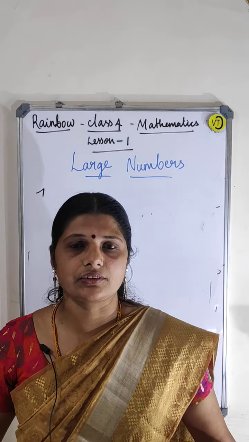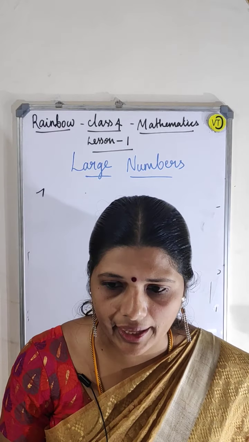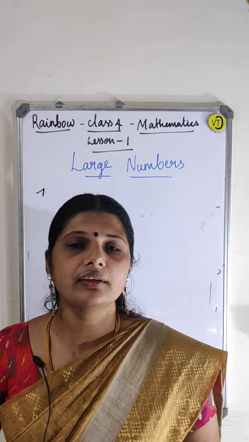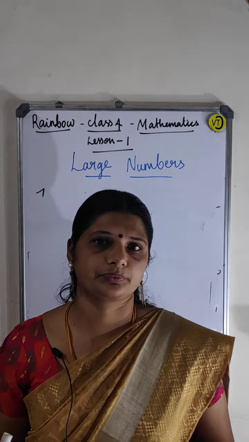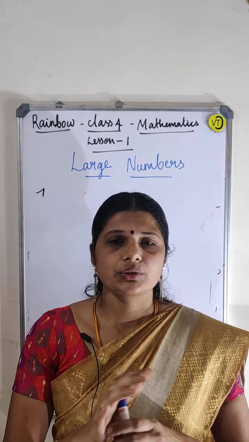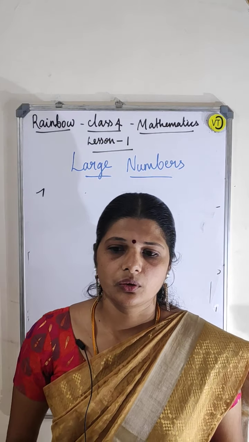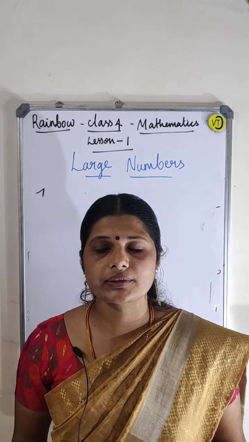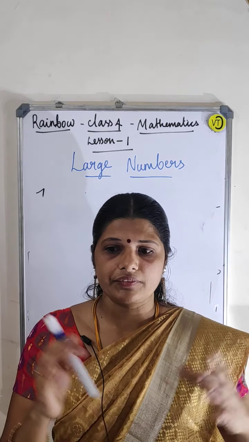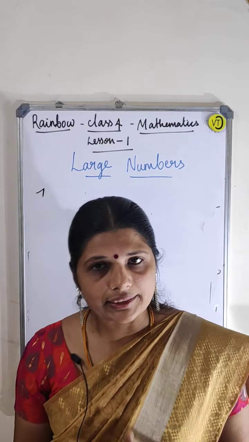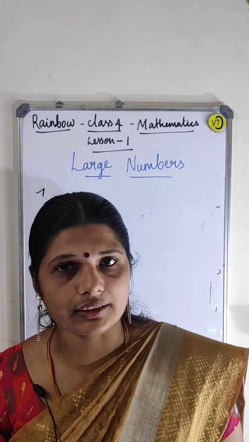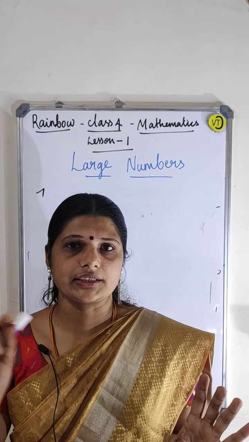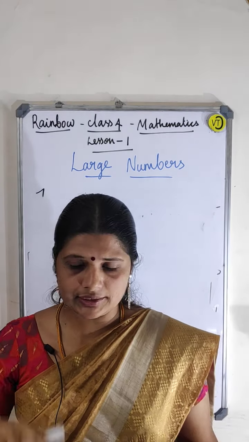So this is the way of expanding a number. Next it will be: 1 into 1 lakh is 1 lakh plus 20,000 plus 3,000 plus 500 plus 70 plus 4. Guys understand? So this is the expanded form. Okay, one more example I will give you. Write the expanded form of 78,902. How can you write? 70,000 plus 8,000 plus 900, and 0 doesn't have a place value here. You don't just leave it off.